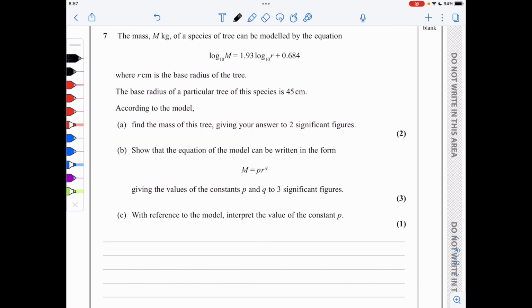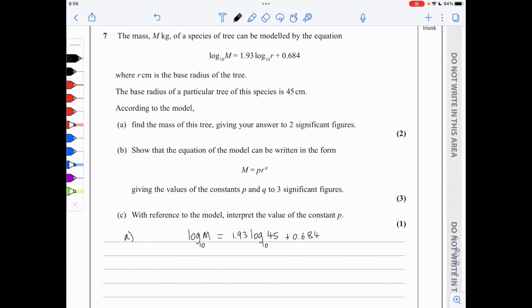Question 7. The mass capital M kilograms of a species of trees is modeled in this equation, where r centimeters is the base radius of the tree. Now we are told that the base radius is 45 centimeters and we are asked to find the mass of this tree. So I will simply be substituting r is 45, so this leads to log of M base 10 is 1.93 log of 45 base 10 plus